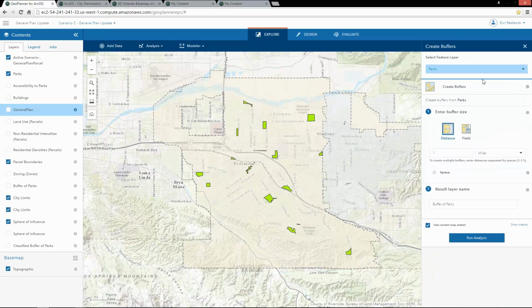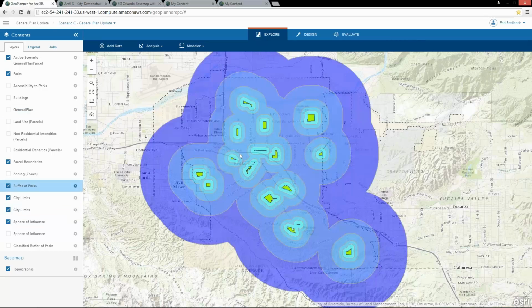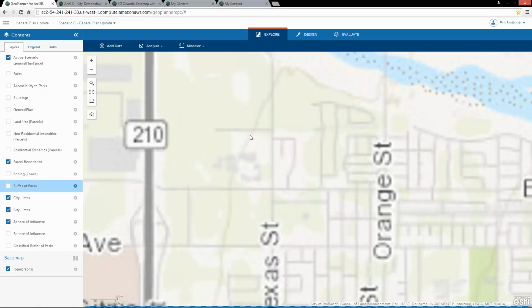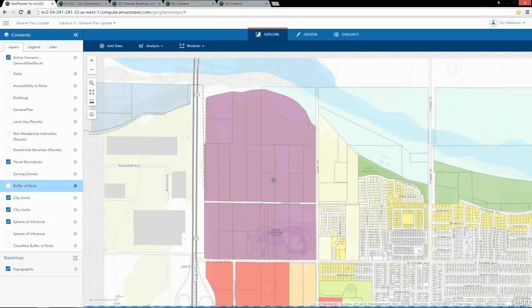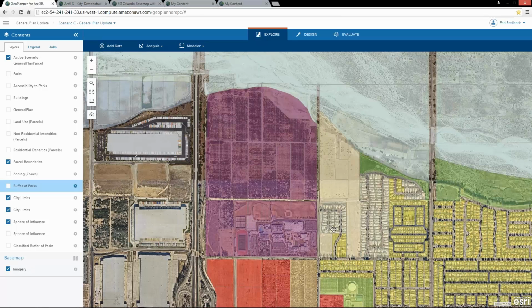And we can select our parks, for instance, create buffers of 1, 2, 3 miles, and start to actually piece together an understanding of the existing conditions ahead of our interventions. In this case, we're looking at park distance to parks while we're going in and conducting our land use transitions. So if we actually dive into, for instance, a parcel or set of parcels up here to the north of the city, we can actually turn on our imagery base map